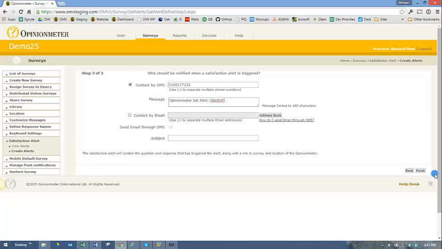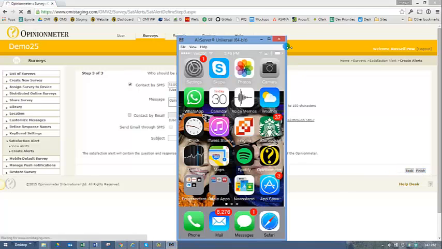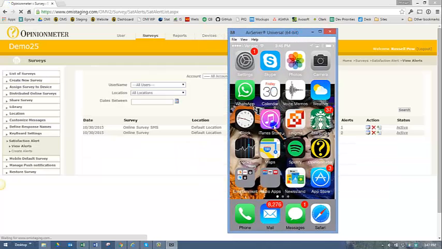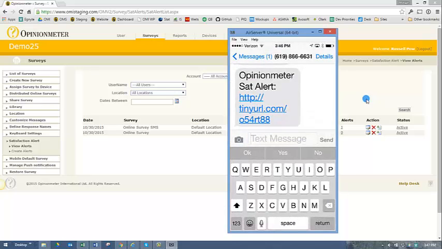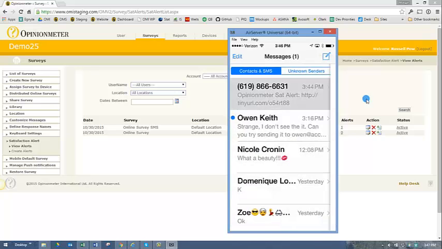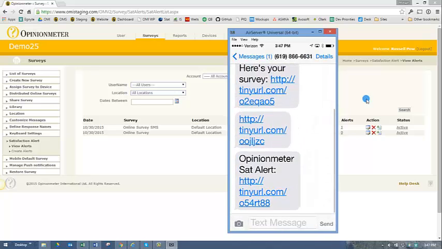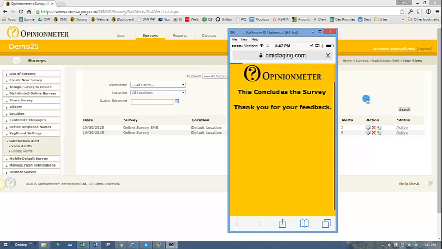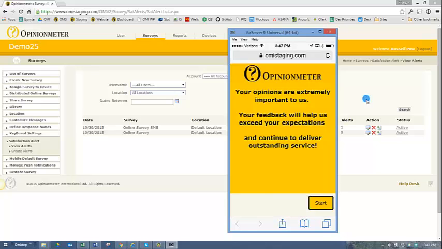So why don't we go ahead and finish that. And I also have my phone here live. It's in my hand, but it's being emulated on my screen. And I'm going to go to my messages here. Oh, and that's the last message I had. Let me go back. So here I'm going to take a survey. I had actually sent myself an online survey via SMS just before I started the video to show you